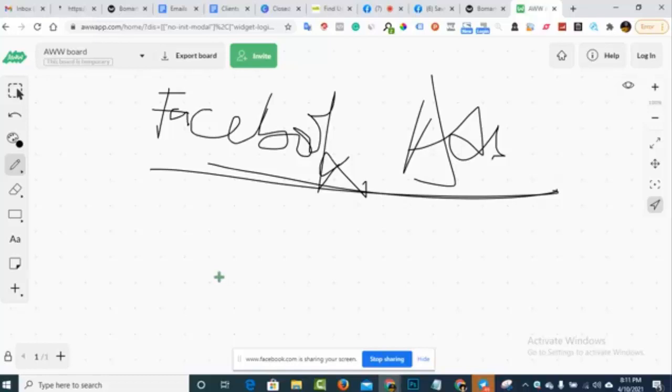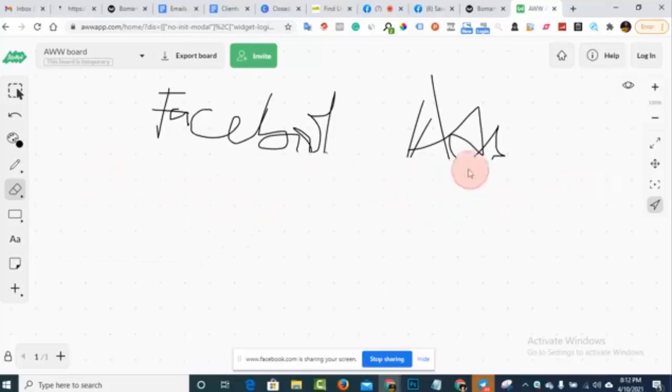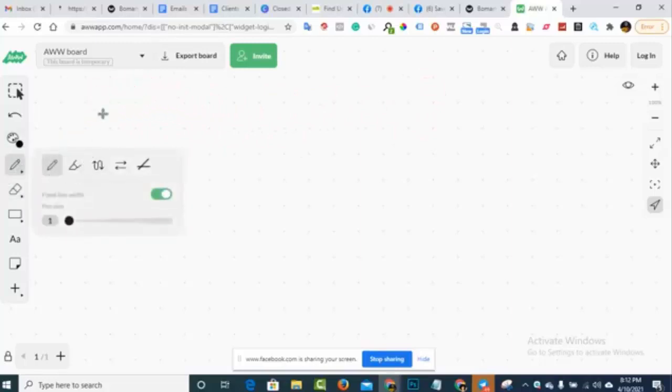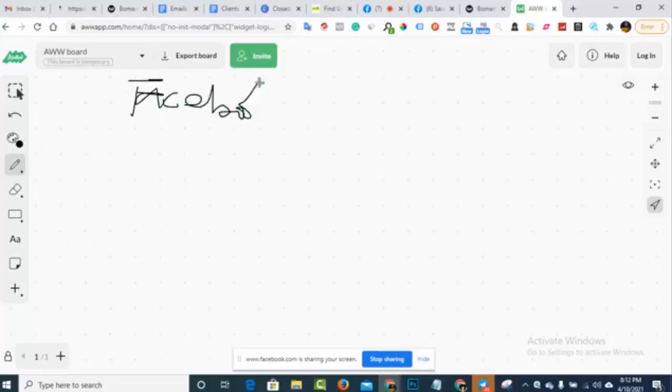Like I told you guys before I got started, I don't have a slide, so you are not going to see fancy things here. I'm just going to be using this whiteboard and doing my thing. I just want to believe that you guys can hear me, and of course you can see my screen, this beautiful screen right here. Okay, let me try to write a small Facebook ads.